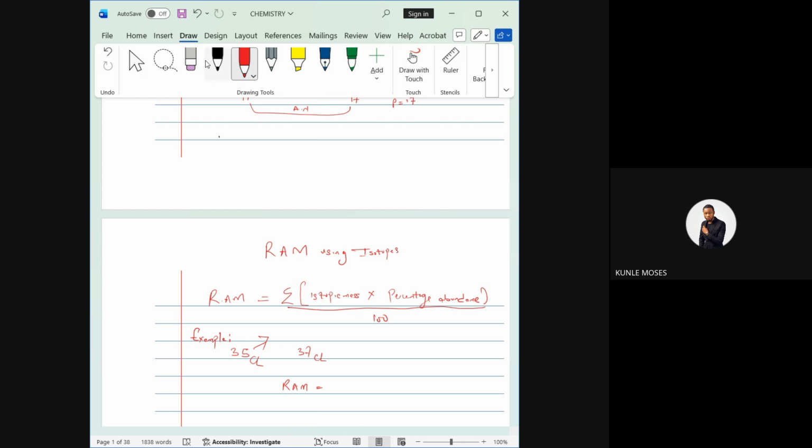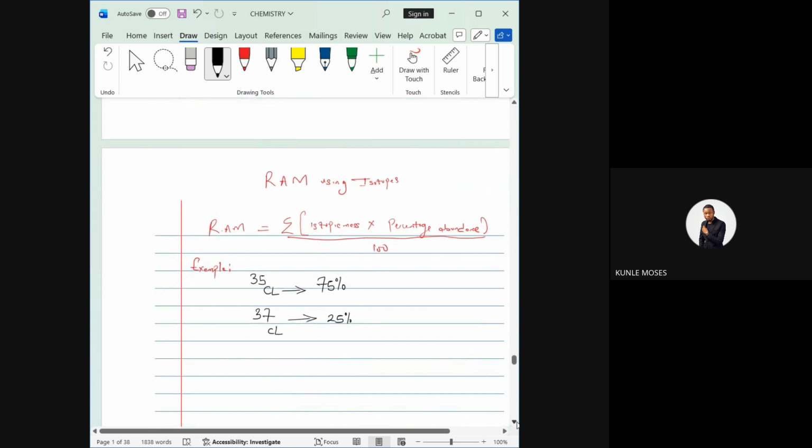So let me write it very well. So we have 35Cl. They will not give you the atomic number. They can just write 35Cl alone. It's still the same thing because they expect you to know the atomic number of chlorine. And they give you this one to be 75%, and 37Cl. So this is still an isotope. Please, in case you don't see the atomic number there, don't panic.